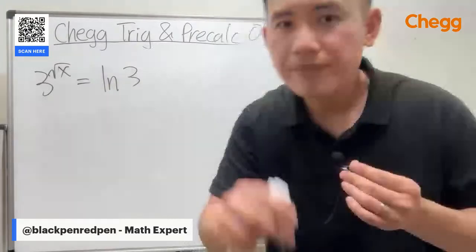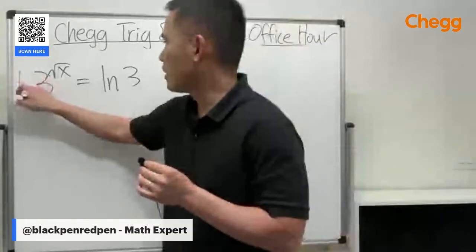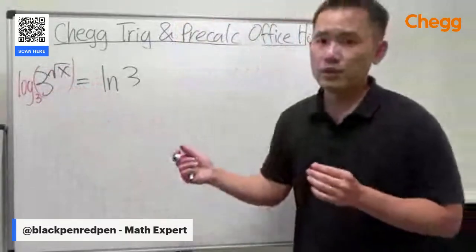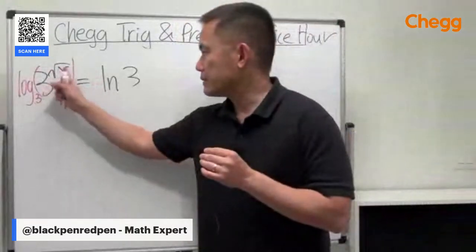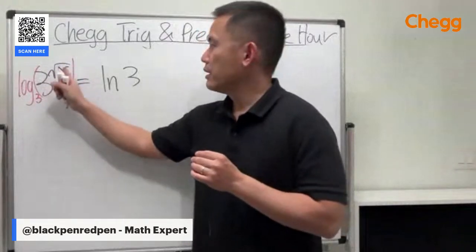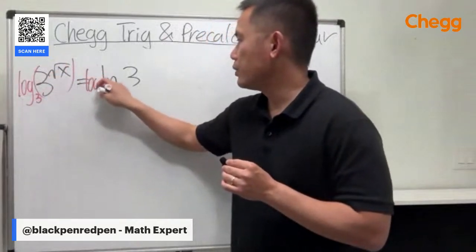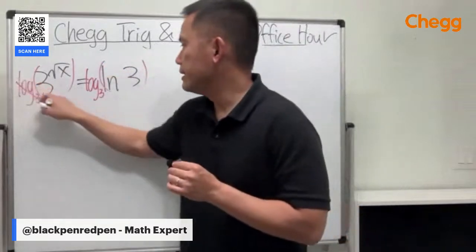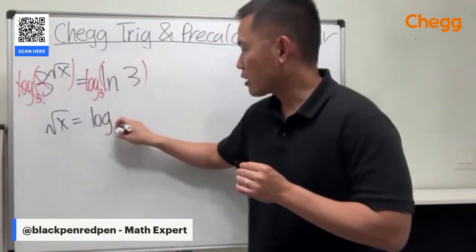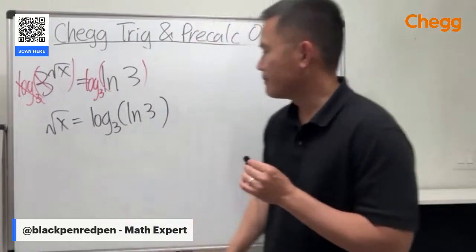Okay, so to solve for x, it's not so bad here. What you can do is just take log with the same base 3. I think this is my favorite way of solving log equations. If you have an exponential equation, the x is in the exponent, you just take log of the same base so that they can cancel, and you do the same right here. So that this and that cancel, and you get square root of x equals log base 3 of ln 3, like this. And then after that,